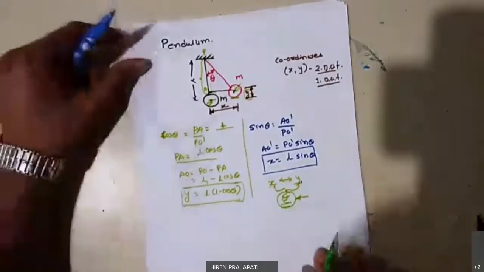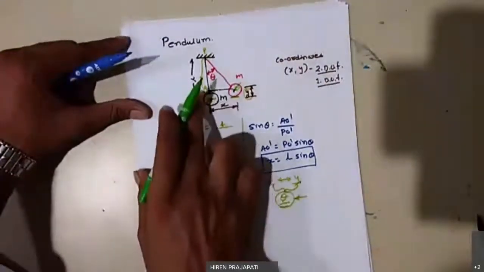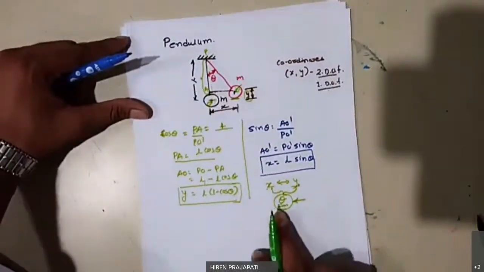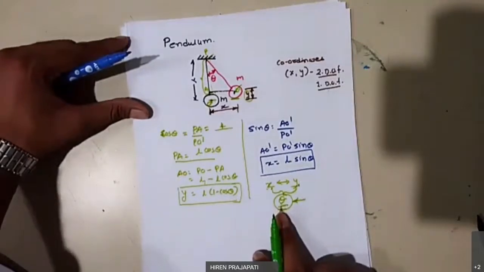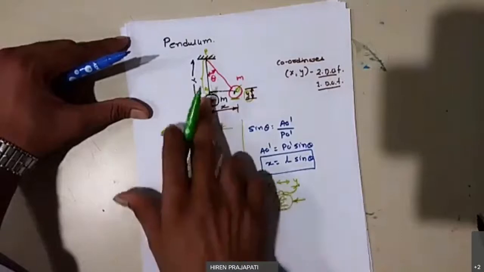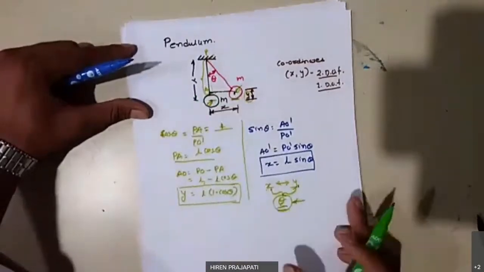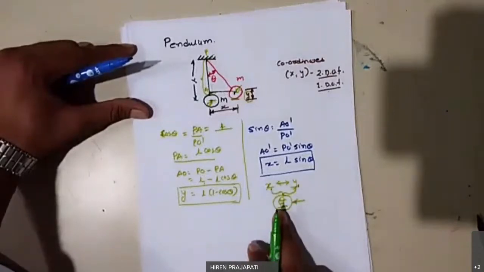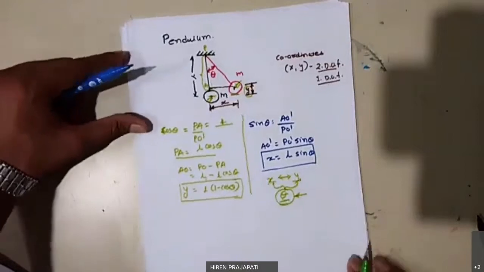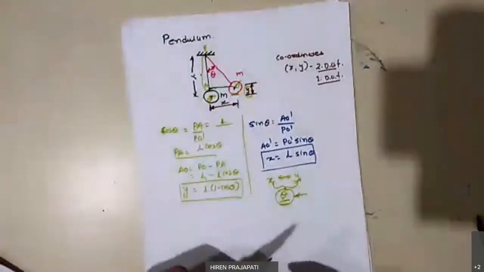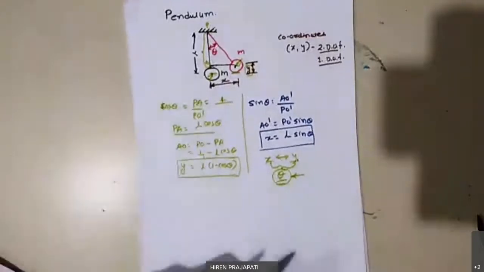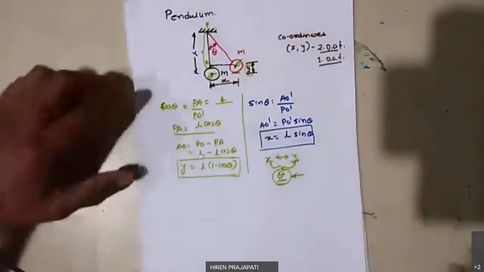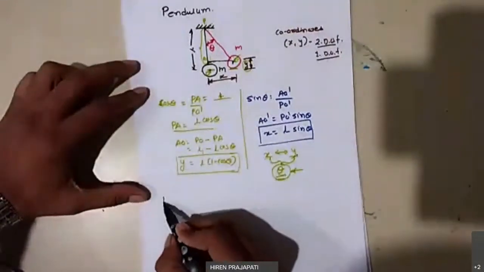So this is what I wanted to convey first. That's why this pendulum is generally considered a single degree of freedom system, because theta is a single coordinate which is sufficient to locate the position of this pendulum. But if you are using Cartesian coordinates, then yes, you require two coordinates, but both are dependent on theta. That's why it is called a single degree of freedom system. Now let us derive the natural frequency equation based on Newton's approach first.